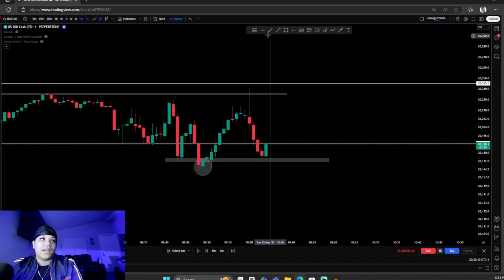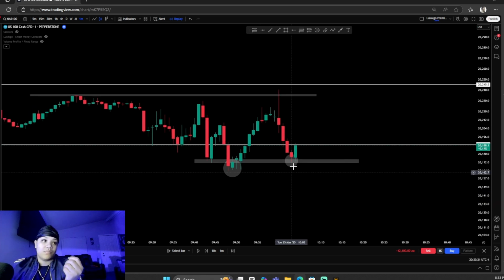Boom. Okay, so now we have another low formed right here. Pay attention to this because this is how you can get in a trade early, to be honest, or get a head start on where price wants to go. A low was formed, then it corrected itself, but this low right here did not break this previous low. So this is confirmation for me to let me know that price wants to continue to push up.